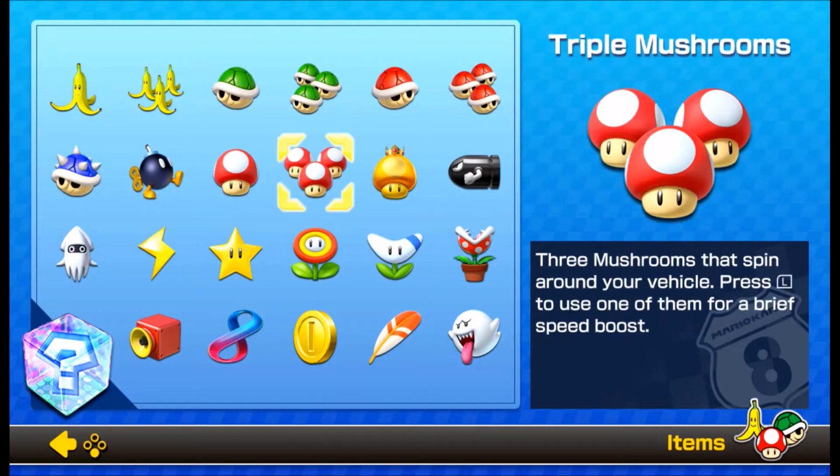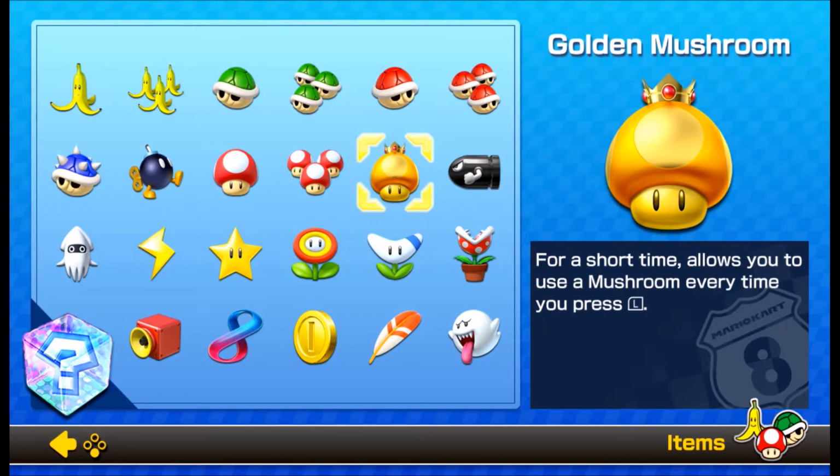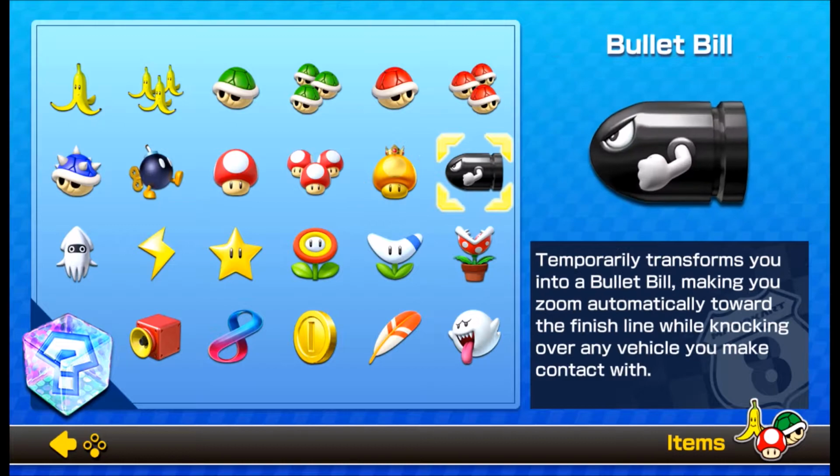Mushroom obviously gives you a brief speed boost. Triple mushroom gives you 3 boosts. Gold mushroom allows you to use a mushroom every time you press L for a short time. Bullet bill. This is actually one of the ways you can dodge a blue turtle shell, but it's extremely